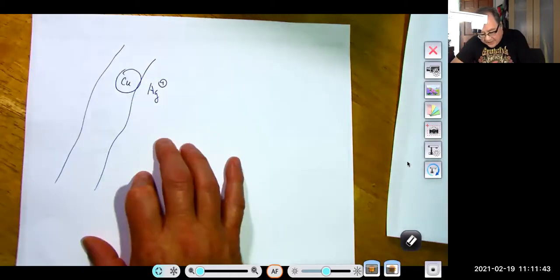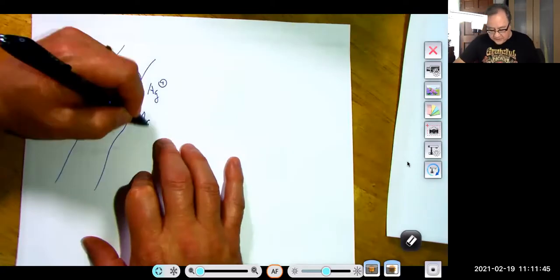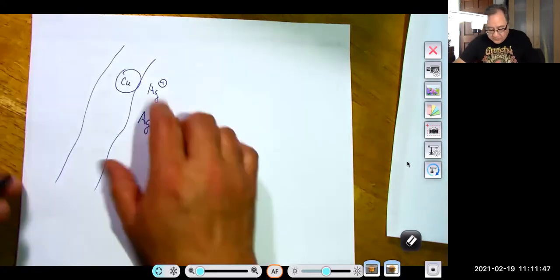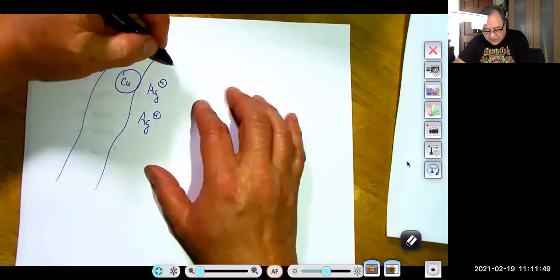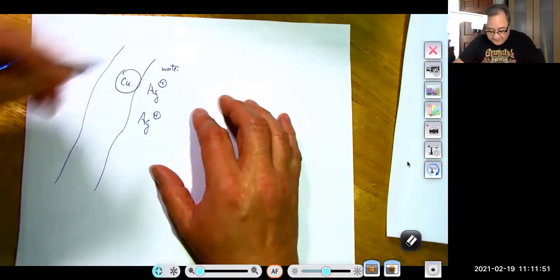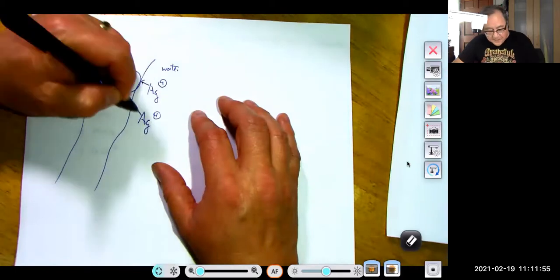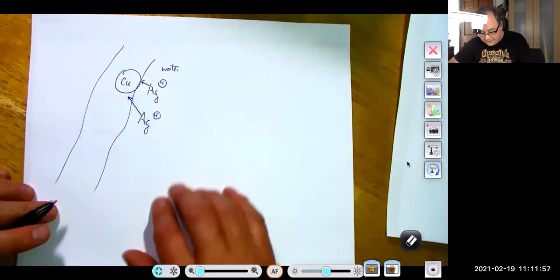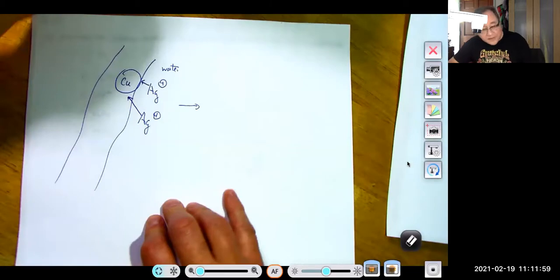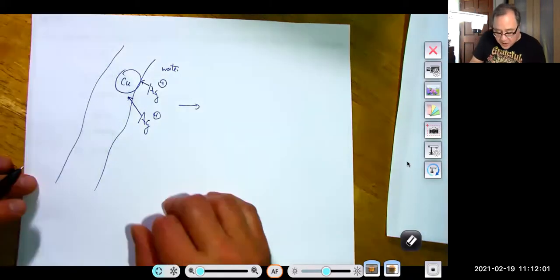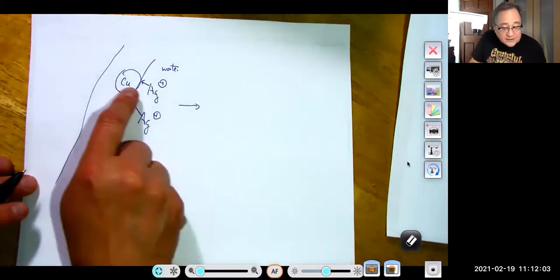And here's another silver ion, and these are floating around in water. They're soluble because they're with nitrate. These guys bump into the copper, and what happens is when they bump into the copper it gives 1 electron to this silver,